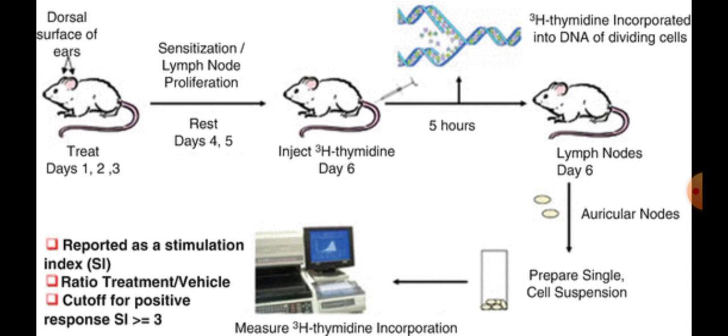The ratio of tracer incorporation in the lymph nodes from dosed animals compared to the control animals gives the stimulation index, that is SI. So in the interpretation section, when the stimulation index exceeds 3, that is SI is greater than 3, a relevant sensitizing potential is assumed. In contrast to the classical guinea pig test, the local lymph node assay provides a quantitative measurement of the sensitizing potency of a chemical,